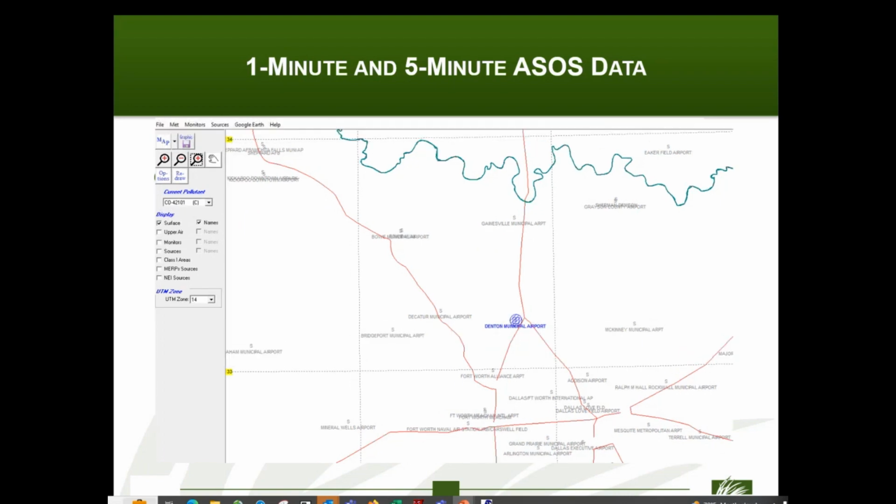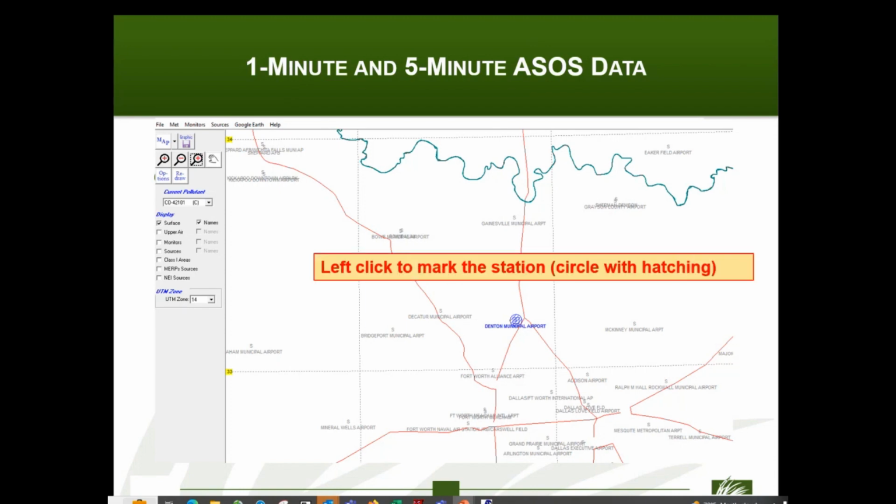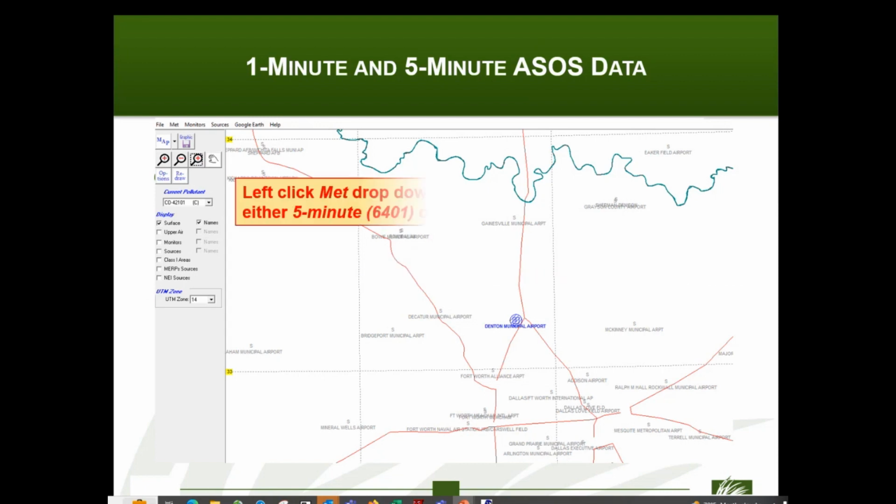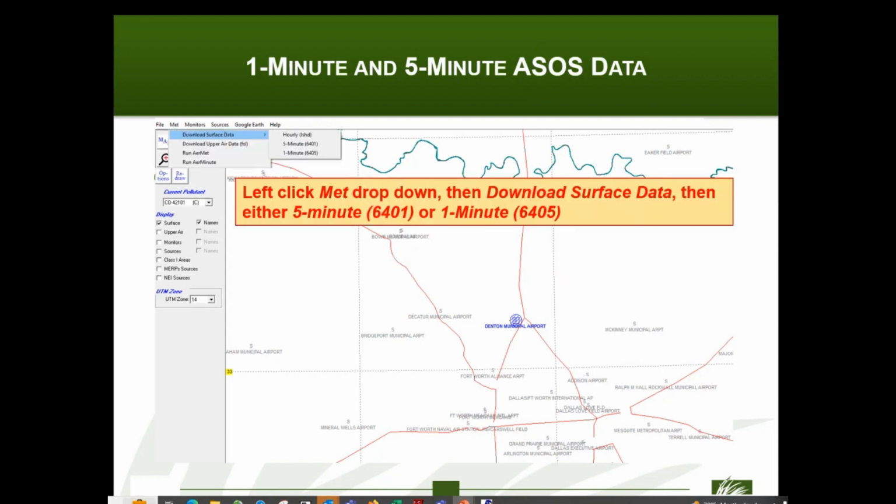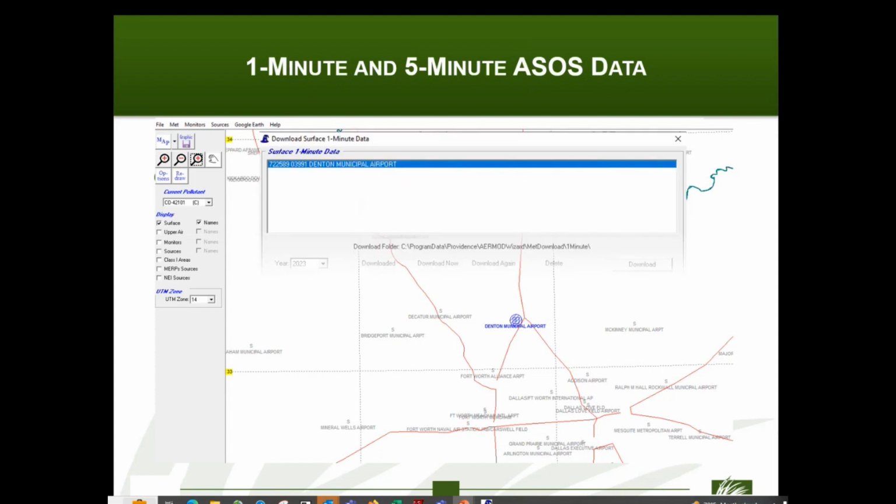So in this example, this is again Dallas-Fort Worth area. This is the Denton Municipal Airport. We've left-clicked and marked the station, which means it has the circle with the hatching on it. And if we go to the top up here under the MET dropdown, you have an option that says download surface data, and then you have 3 options there, including the 5-minute ASOS data and the 1-minute ASOS data. And again, you pick the ones you want, and you'll get